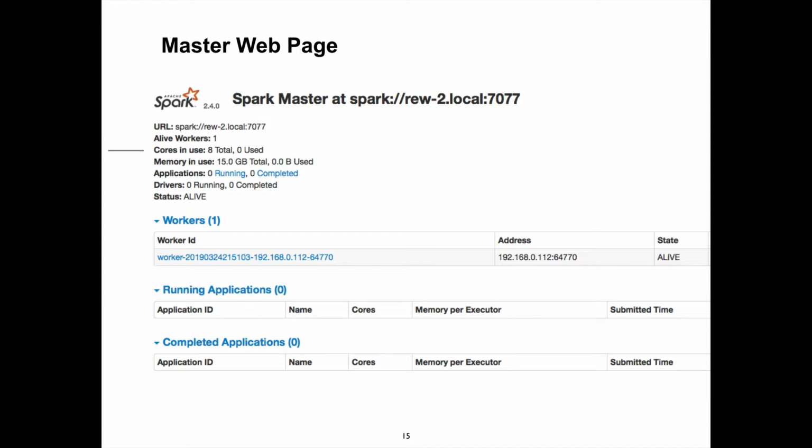Once you've done that, you go back to the master website and see the live workers. How many cores do you have? There are 8 cores. Well, it's only a 4-core machine, but of course Intel, with all their tricks, is making it look like there are 8 cores. And then it lists how many workers you've got. It only allows you to run 1 worker on your machine. If you want more workers, you need other machines.